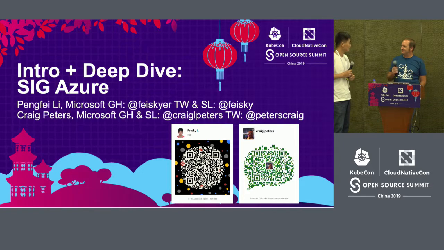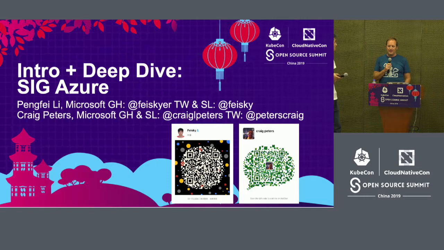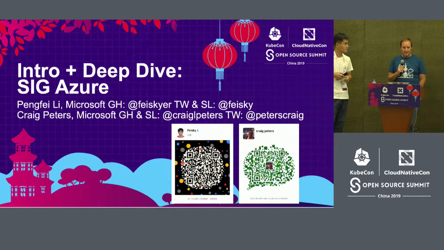So, Craig, would you like to introduce yourself? Thank you, Pengfei. So I'm Craig Peters. I am a program manager at Microsoft, and I work on everything that is container infrastructure and upstream open source container infrastructure software that Azure depends upon. And so Kubernetes is a key part of that, and the Azure cloud provider and all the related software is part of what I work on. My background is actually in distributed systems and open source. I've been with Microsoft for about 6 months now, working on these kinds of things.